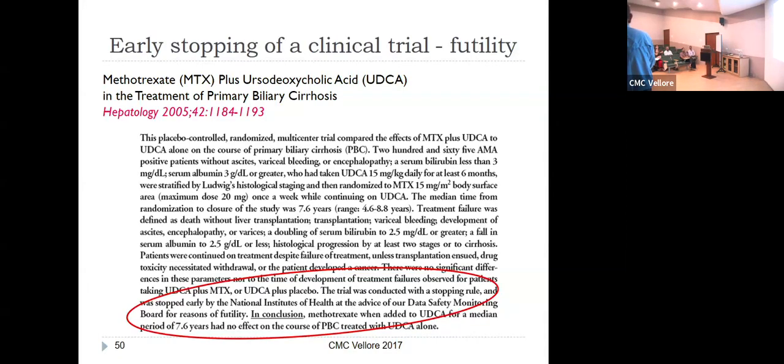It's inconclusive because you didn't randomize enough people, you haven't recruited enough people. This is a worthless waste of people's time. Because at the end of the day, you're going to say, well, we only had 20% power to answer the question. So you're not going to be able to answer the question. So why are we continuing to waste money, effort, time, and the lives of the people that are participating in the study? They should be doing something else, right? And so they may stop it for futility.